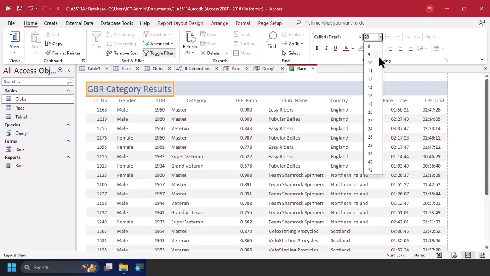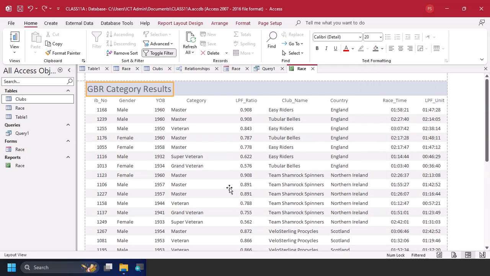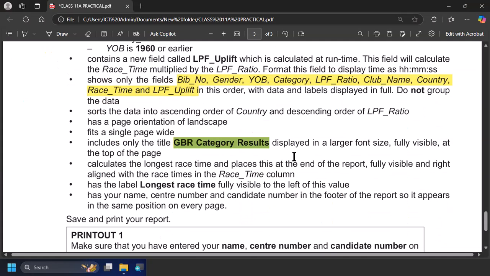If you still want to make it larger than this, you can adjust the font size at will, but I advise you just leave it at that size so that it does not extend your page beyond 2 pages. Okay, so we leave it at that size. Actually larger than other things. It's at the top. The next thing is calculate the longest race time and places this at the end of